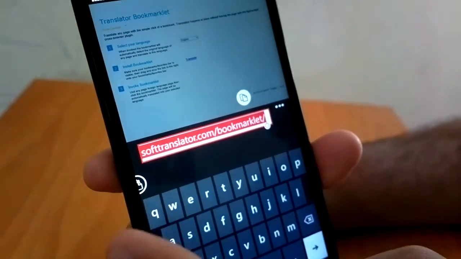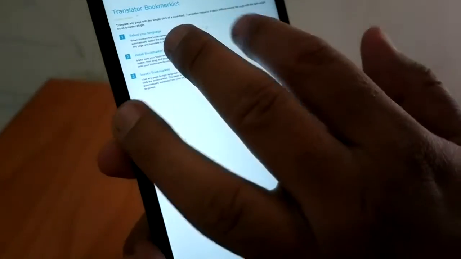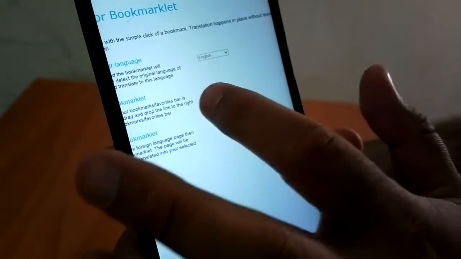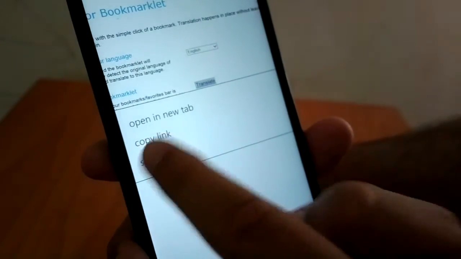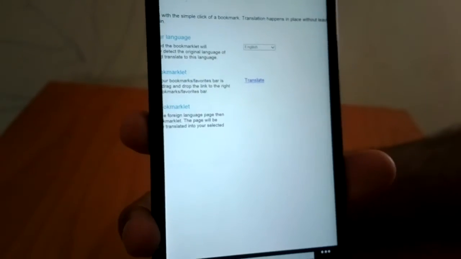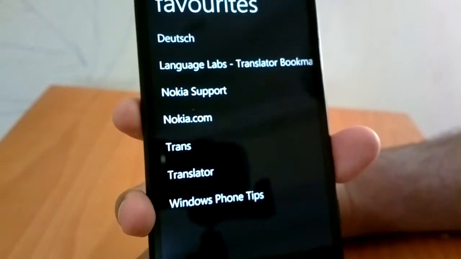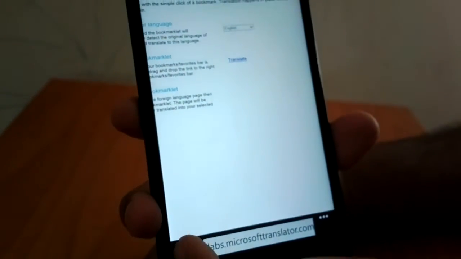Once you have gone to this page, from here you can select the language, then long press on translate, copy this link, and add it to favorites.